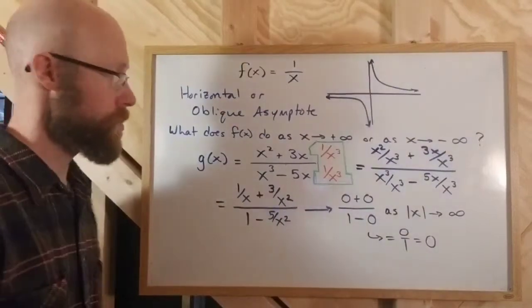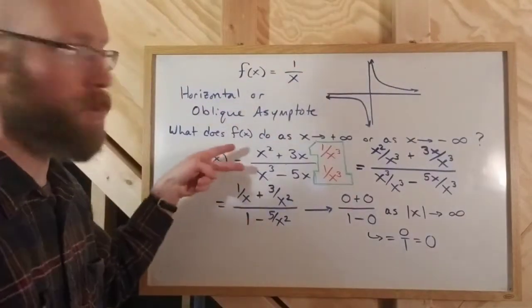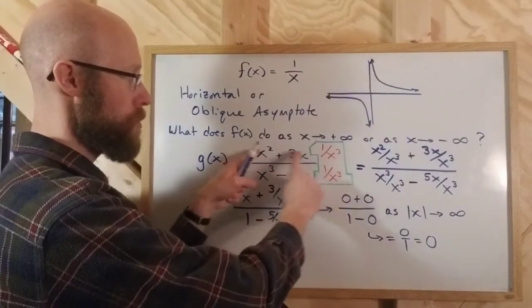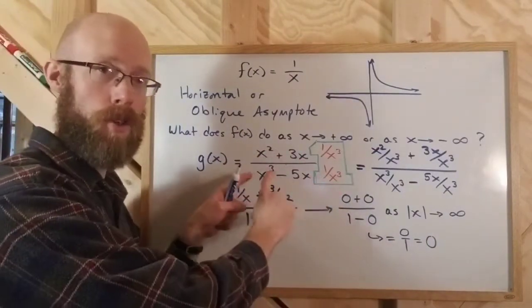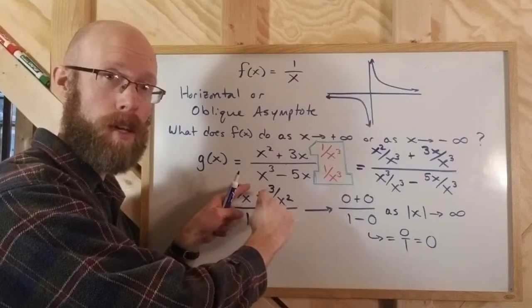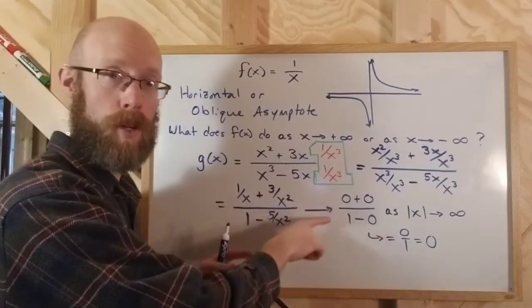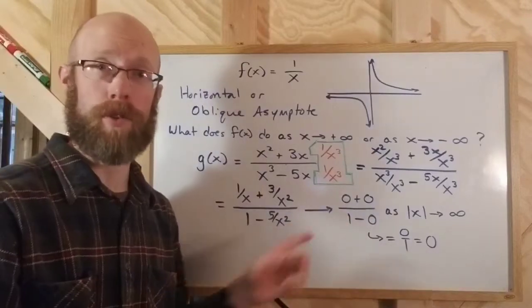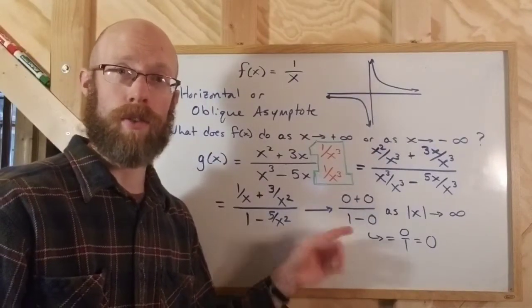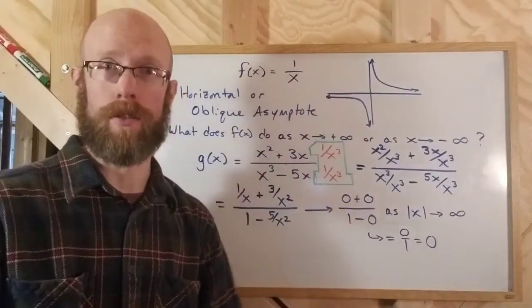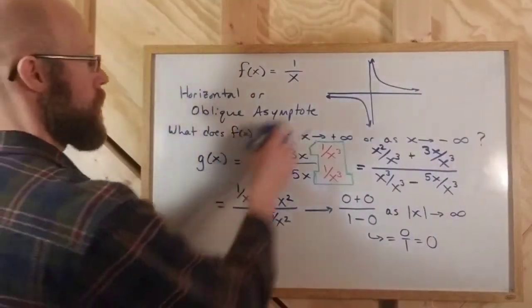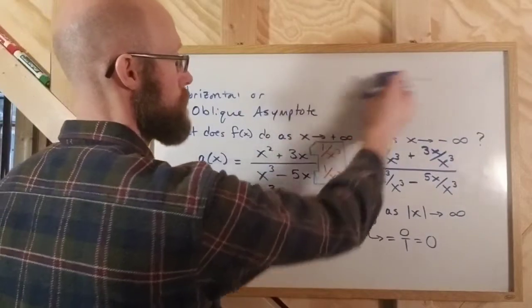Okay? So that's a general principle. And I did that with a specific example, but it generalizes no matter what the polynomial is on top and on the bottom. As long as the bottom has the bigger degree, then the same situation will occur where everything on top will become 0, everything on the bottom will become 0 except for one of the terms, and you get 0 over a non-zero, which is, of course, 0. Okay? So, as a general principle then,